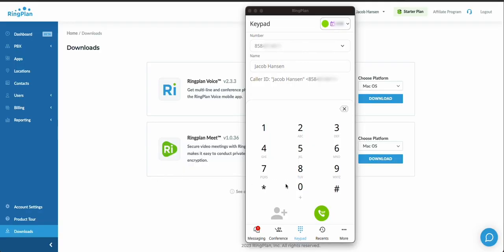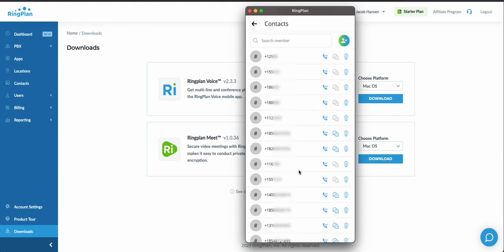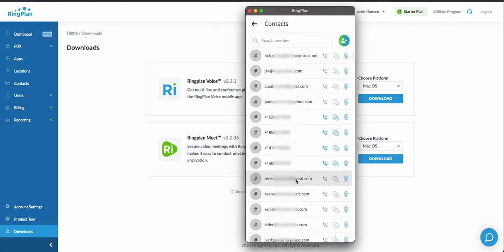Continuing on with our view of the RingPlan app features, I'm going to show you contacts. Now with contacts, we have a contact feature in here, and anytime that you interact with somebody, we'll automatically kind of grab that information,